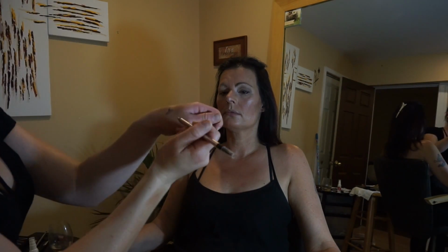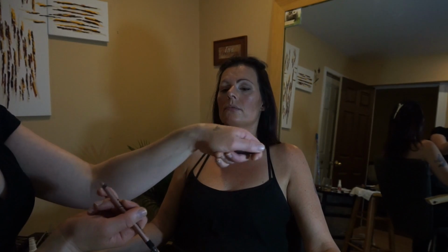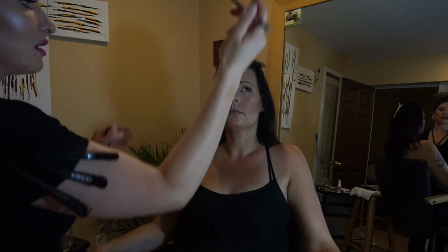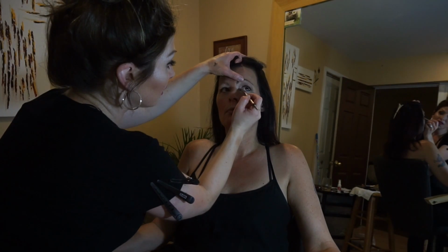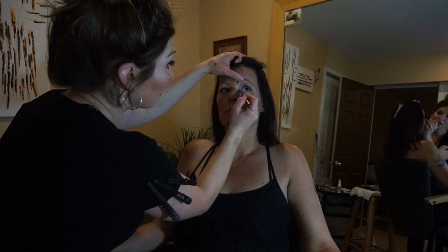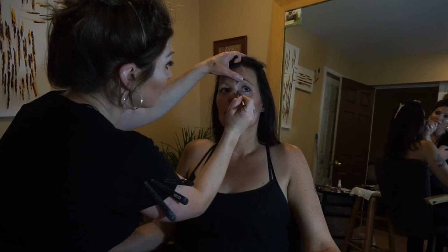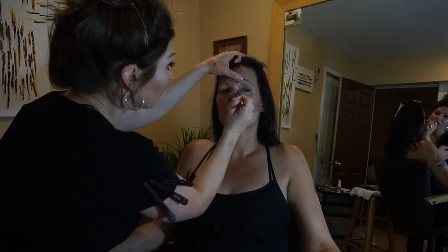Now what I'm going to do is use a luster liner, and this is fun because it's an eyeliner, but it's also a highlighter. I don't know if you can see that there, but this adds a pop. It's very shimmery, and we want to focus on the inner corner. So I'm just going to get you to look up, and I'm gently going to lift her brow area so I can get right in the lash line, and in that inner corner, I'm going to focus this luster liner,